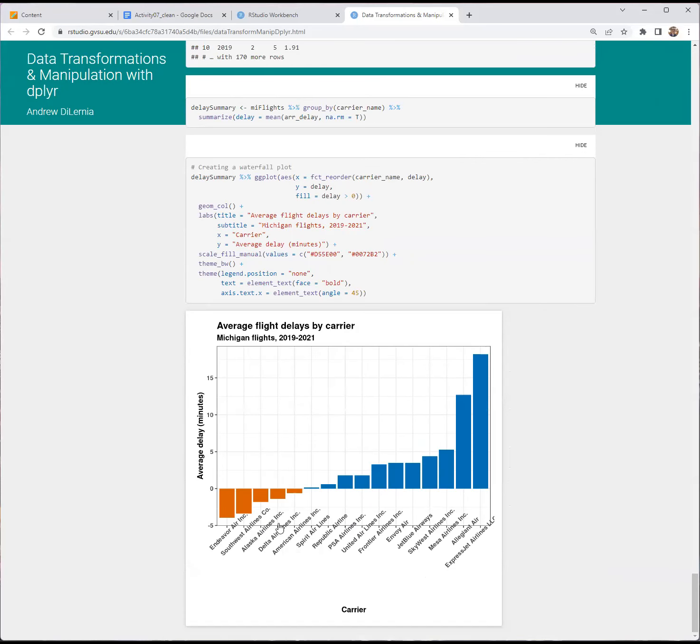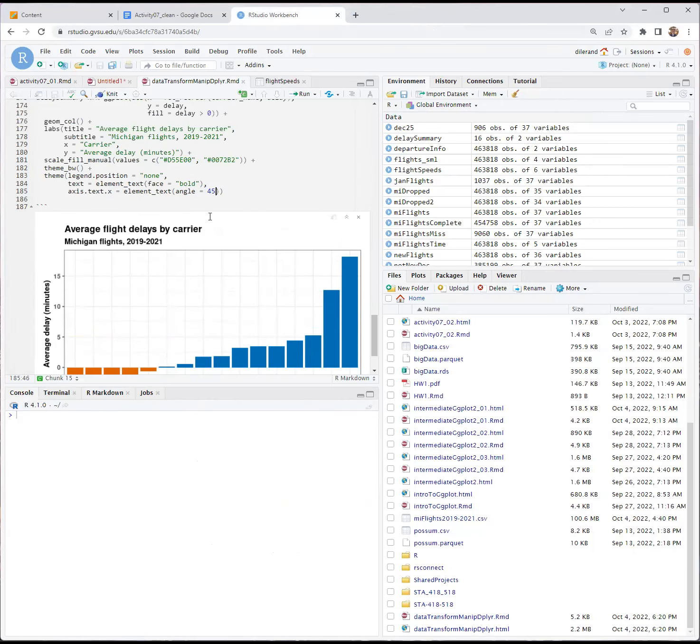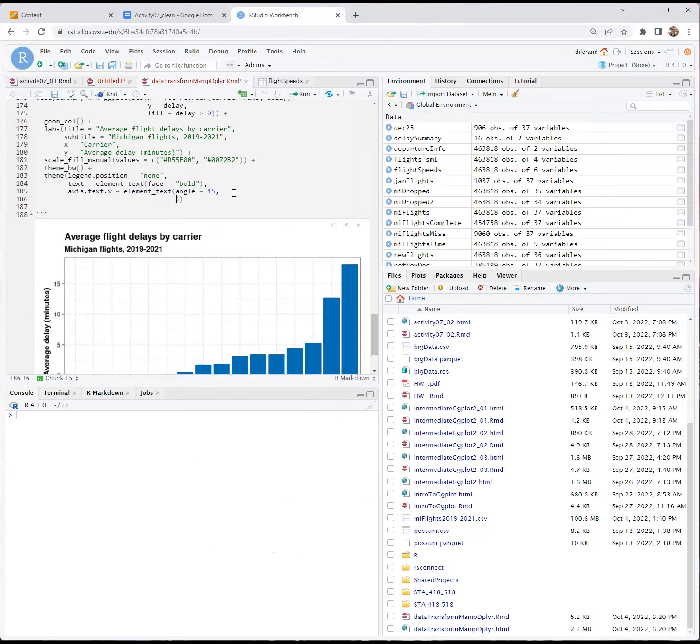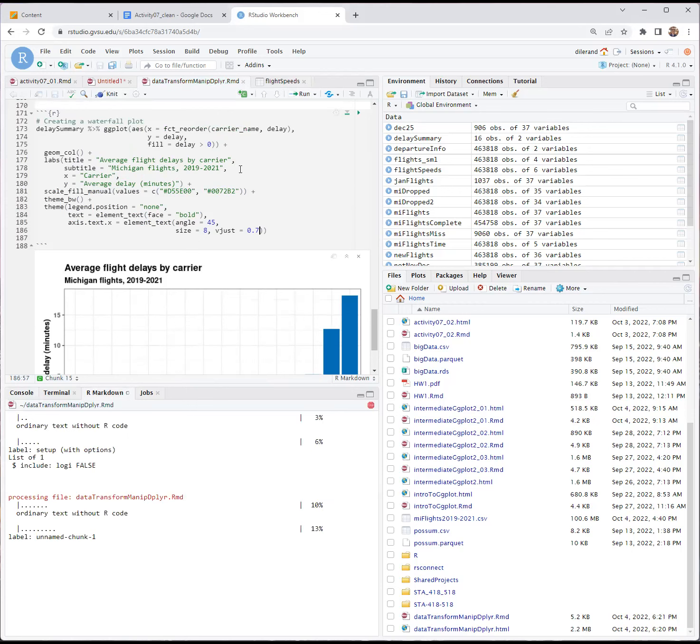So see how the names of the carriers are so long that they get written on the plot? That's not great. So we can push the labels down vertically. How we can do that is inside this axis.text.x, inside element_text, we can say, for one, size equals 8, we'll reduce the font size of the x-axis text. And then we'll say vjust, which is for vertical adjustment, 0.7. And if we knit that,